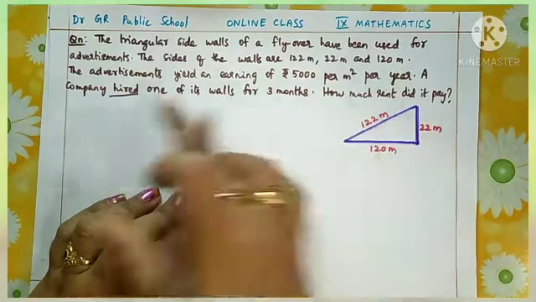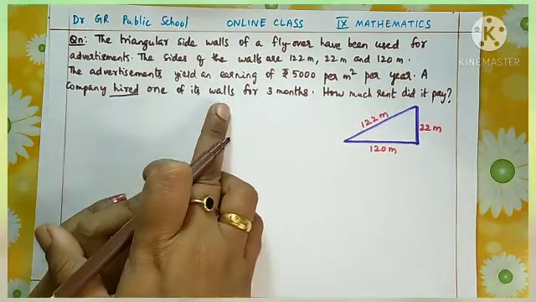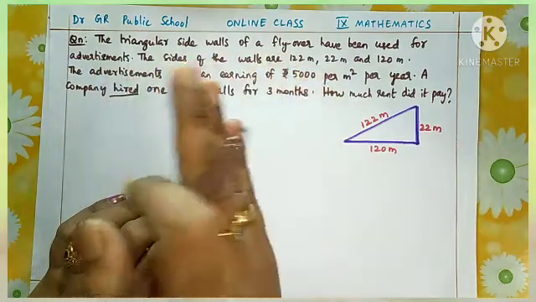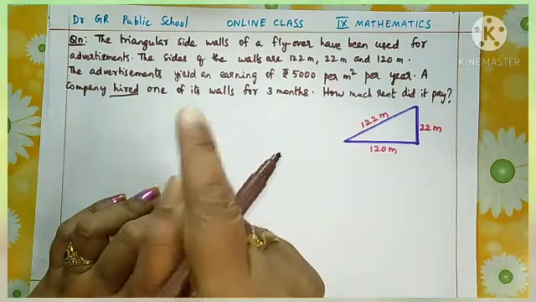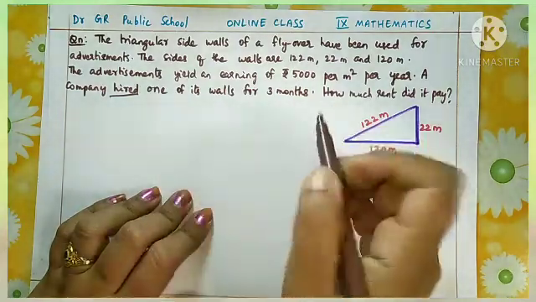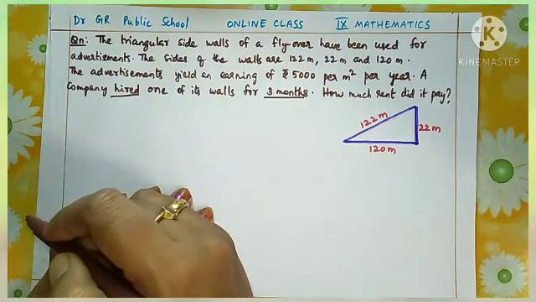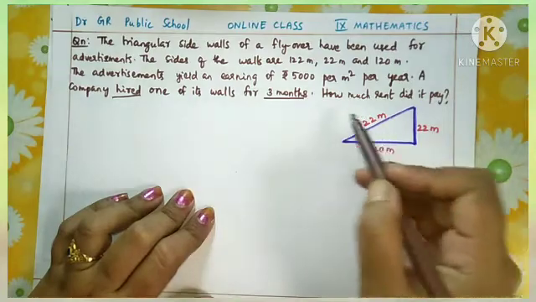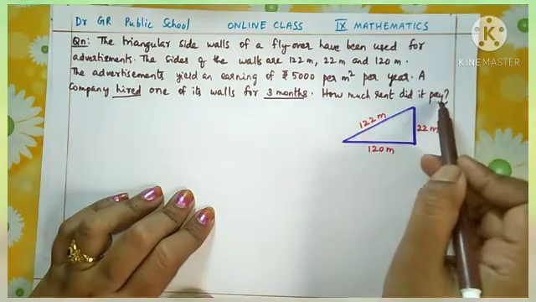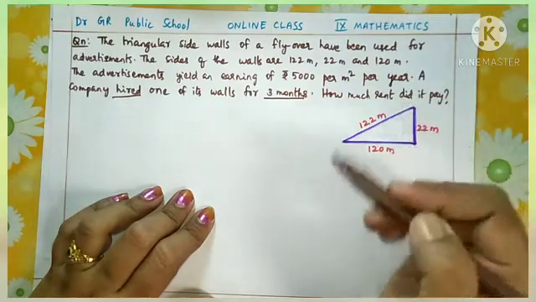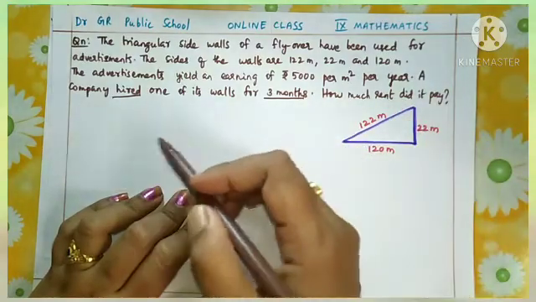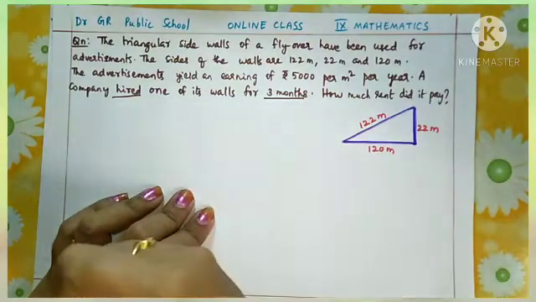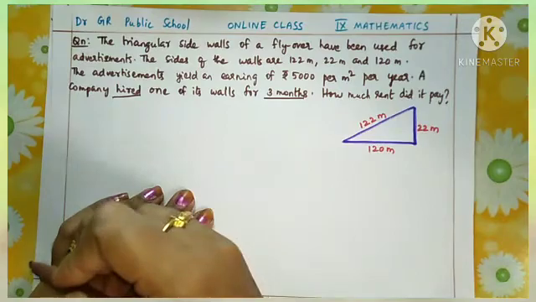Okay, so a company here booked one of its walls. So 3 walls are there. Okay, so one of its walls, 3 sides will be there in a triangle. So one wall this company booked for how many months? For 3 months. Okay, so to get that contract signed, the question is how much rent did it pay? That is, how many rupees does the company need to pay when it wants to book this one wall for 3 months? Okay, how much money? That only we want to find out.